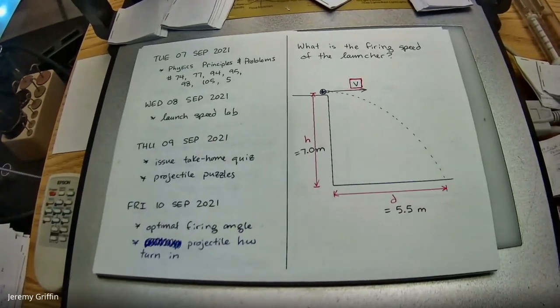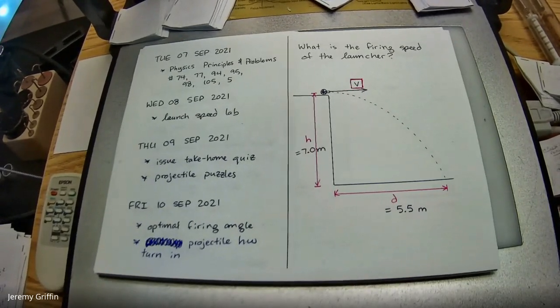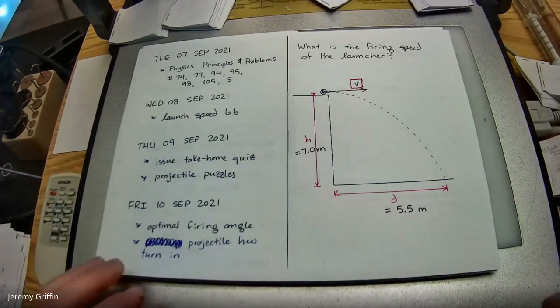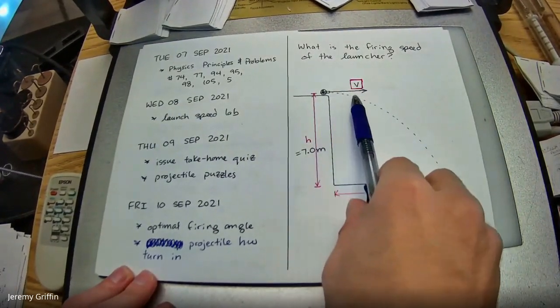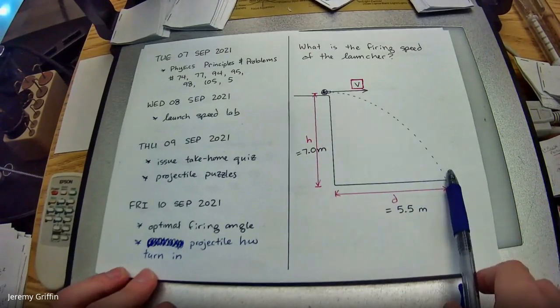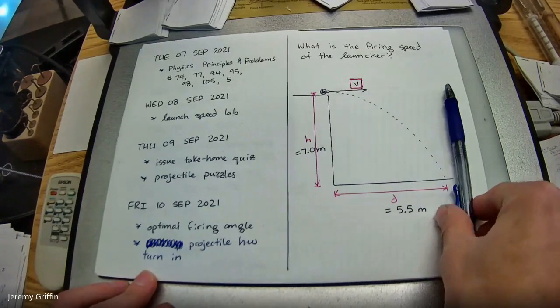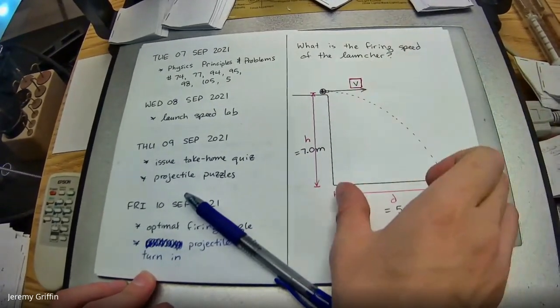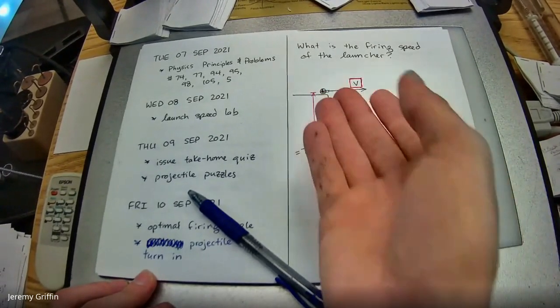Did anybody solve it? Does anybody know how fast it's going? No? All right, so I think you guys do this thought process, and then we'll work it out with the numbers. What I'm thinking is however fast it's going, once it's in free fall, like this whole dashed curve shape of a parabola, right? Doesn't it go constant speed across, just constant horizontal speed? And if it went this far horizontally, like 5.5 meters, and whatever the fall time was, couldn't I just divide those two? Say this distance divided by the fall time?